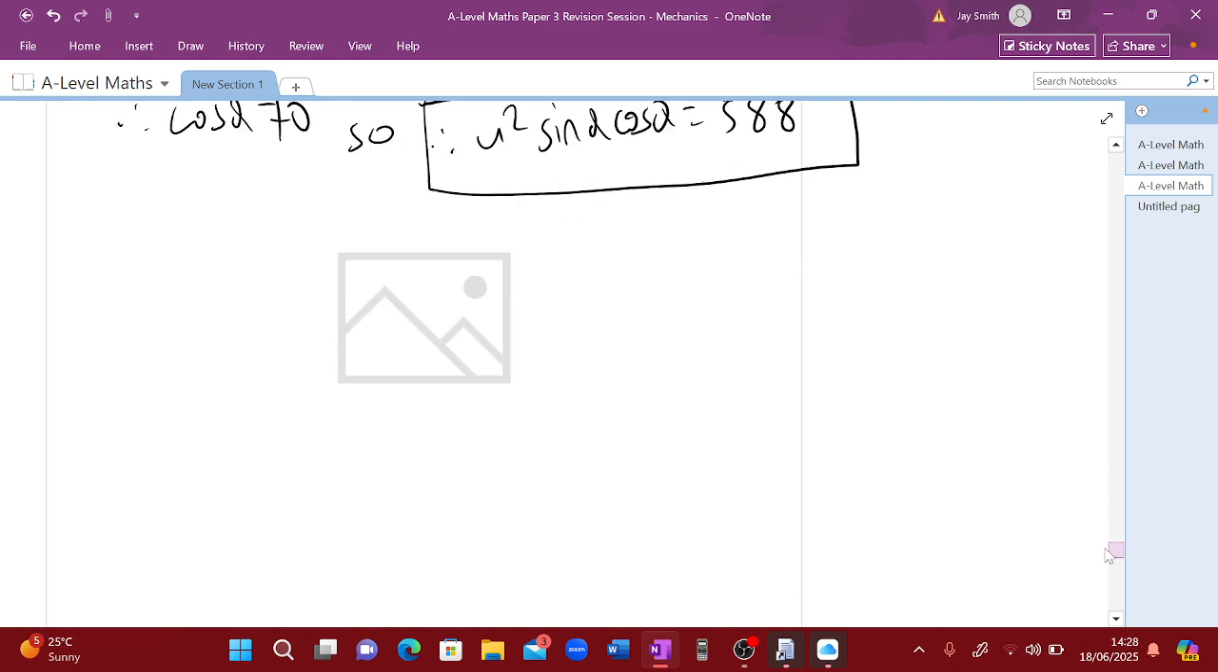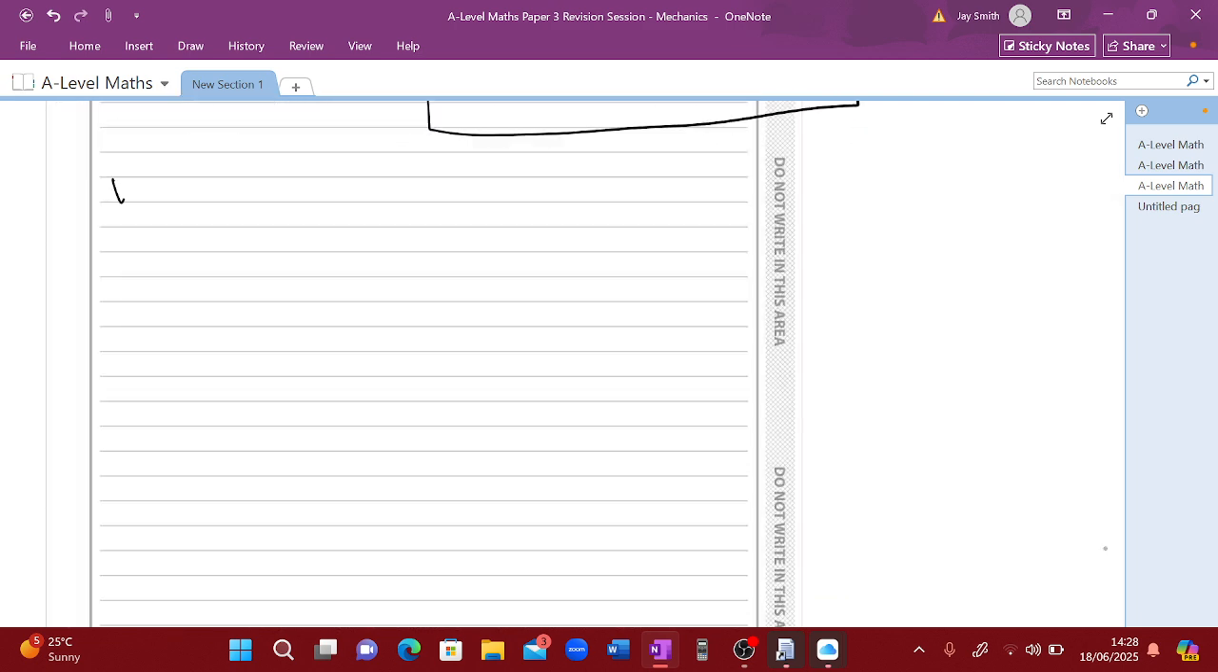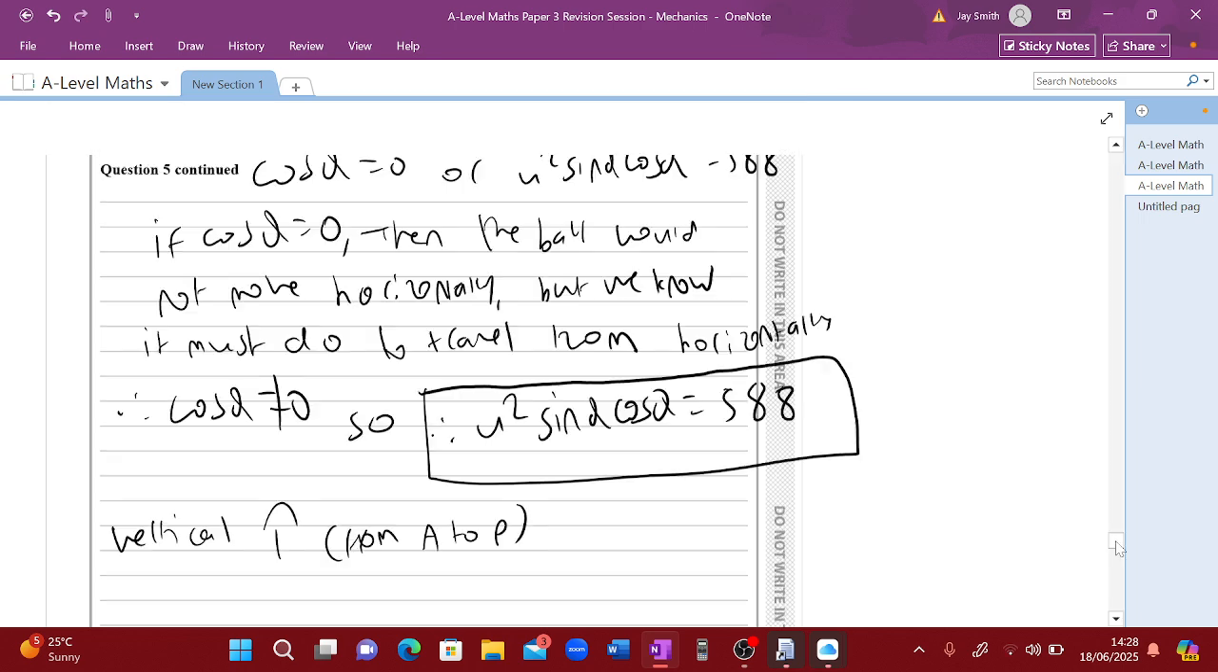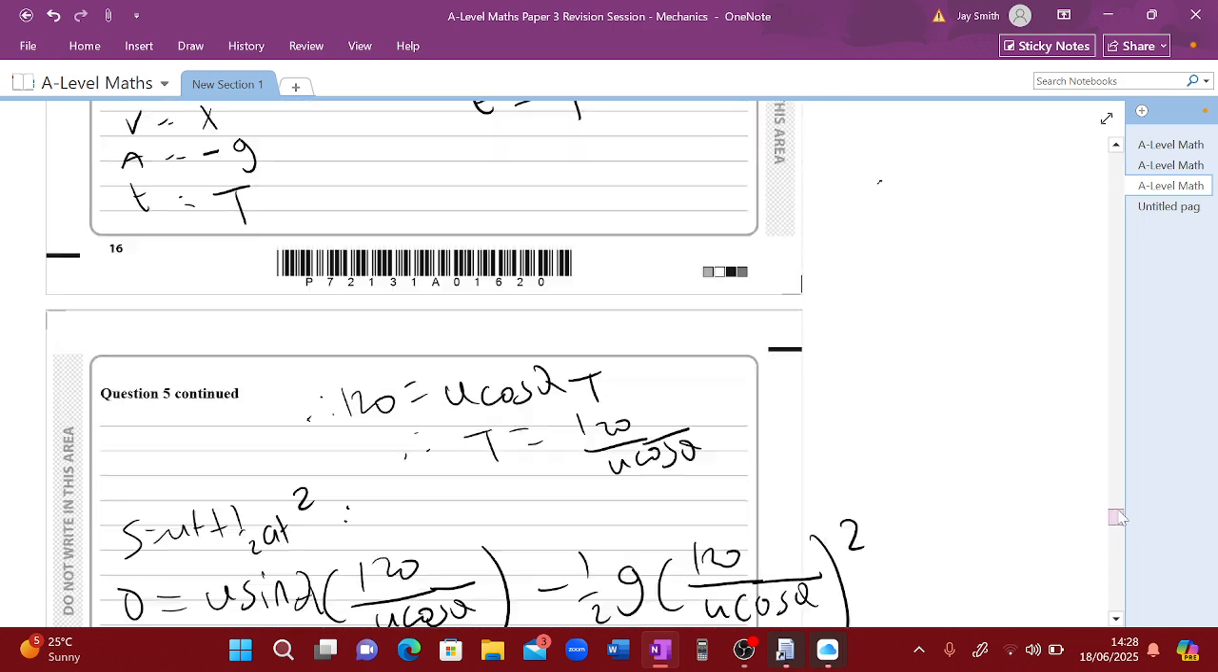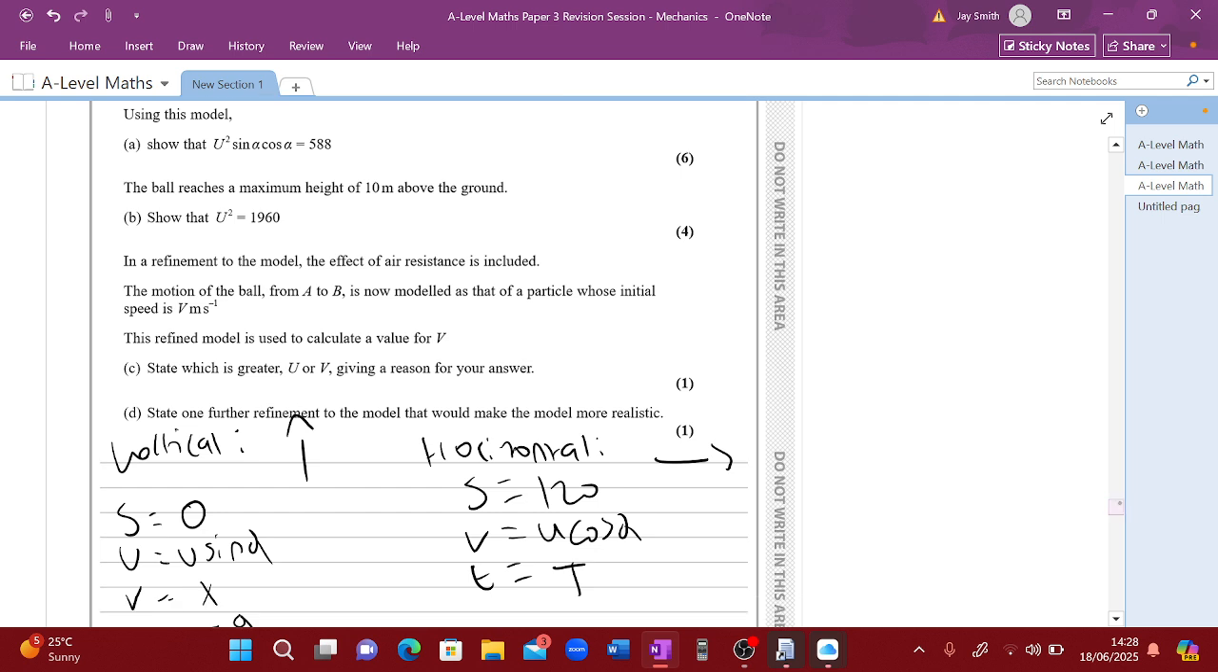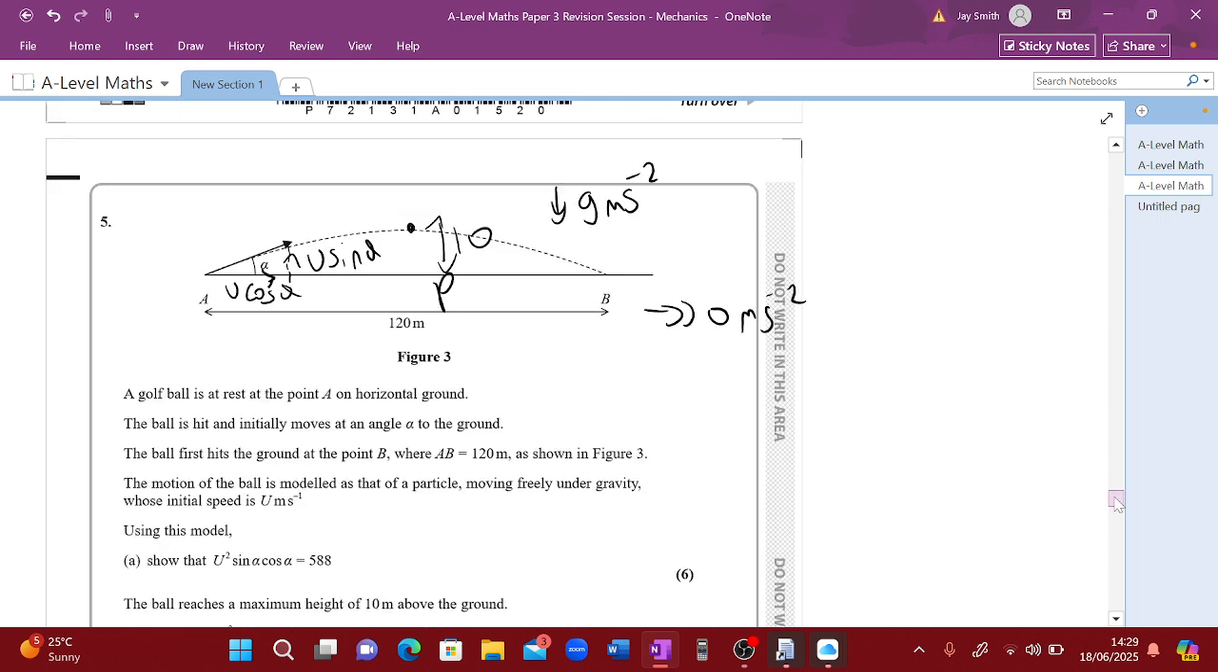So again, we're going to do another sort of resolving session. So vertical SUVAT, upwards. I'm going to say from A to P. What I should have done here as well, actually, I should have specified. Well, we don't have to specify, but to be really clear, this should have been upwards from A to B and horizontal from A to B. But it doesn't really matter as long as you know what values to put in. But anyway,